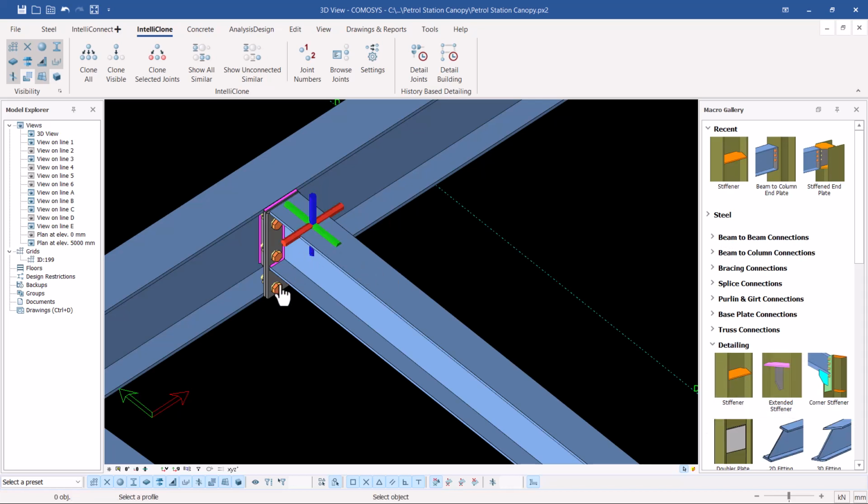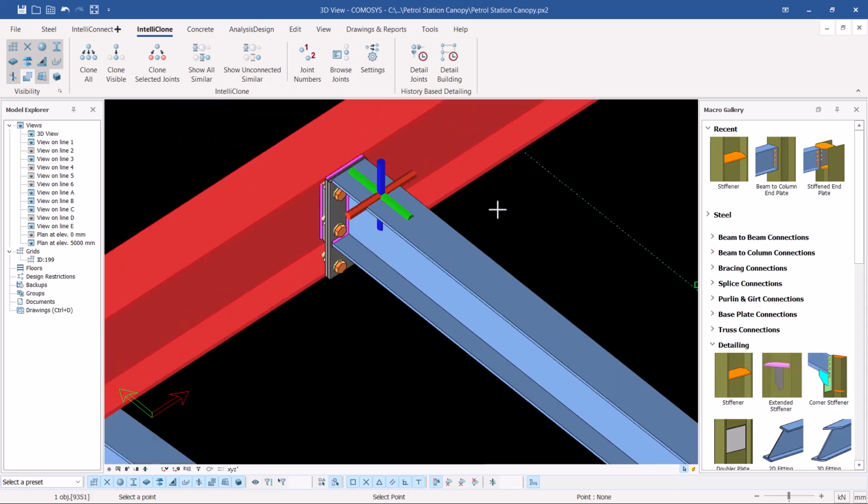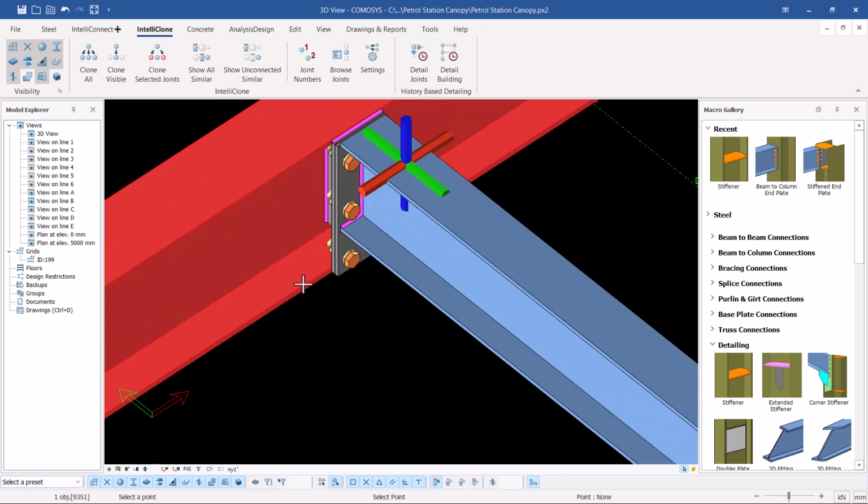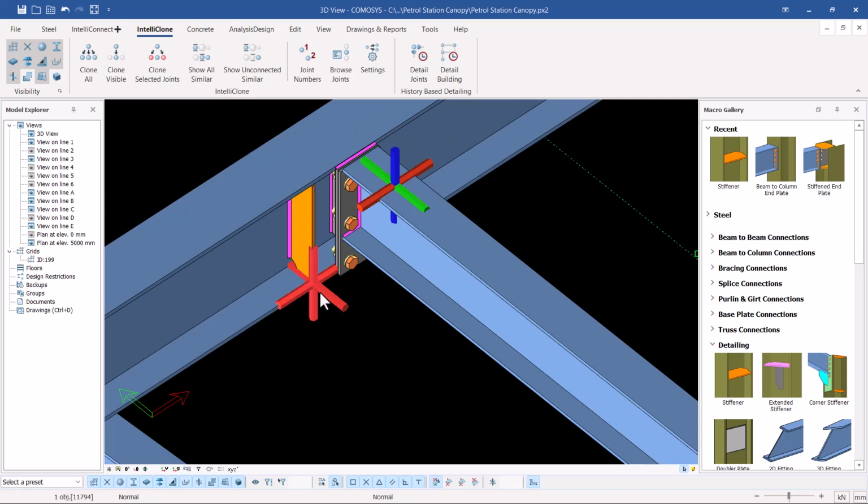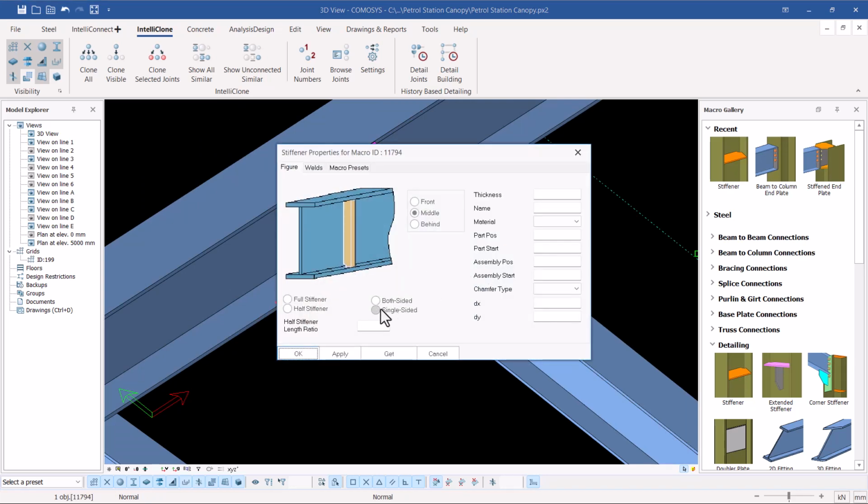I'm going to pick on the stiffener and pick on the member I want to stiffen, and I'll press Control and just snap on that spot and target the other end perpendicularly, and we have that in place. So if I right click and double click on this macro symbol, I'll make sure this is single-sided,